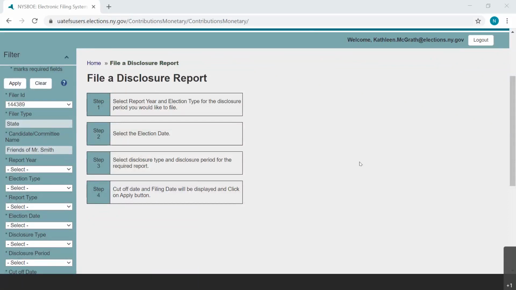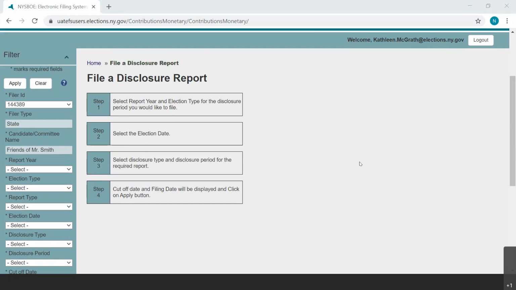This allows for almost immediate transparency to the public about contributions and loans given to candidates and committees in the final days of a campaign. This requirement applies to all primary, general, and special elections. In the new EFS web application, by submitting a 24-hour notice, the transaction is automatically added to your post-election report